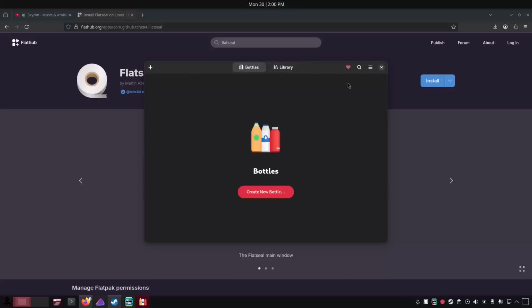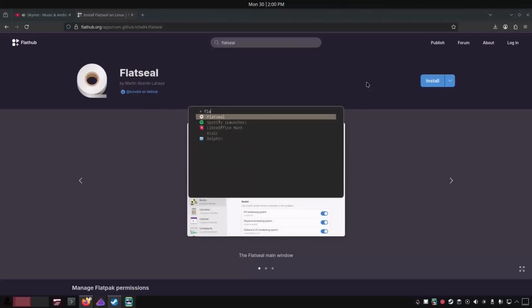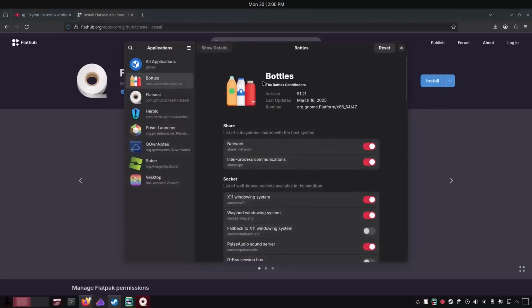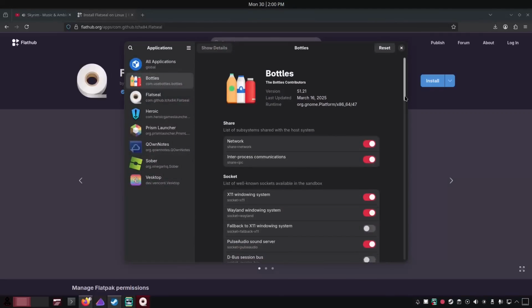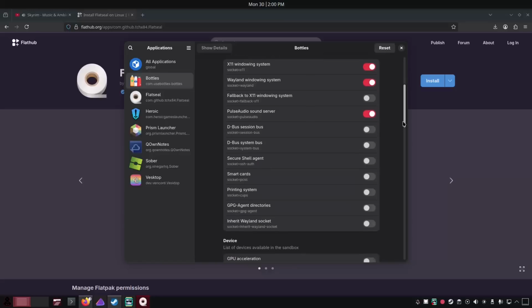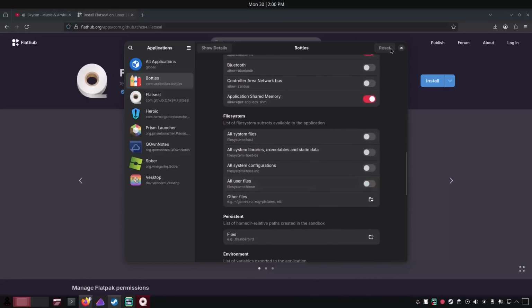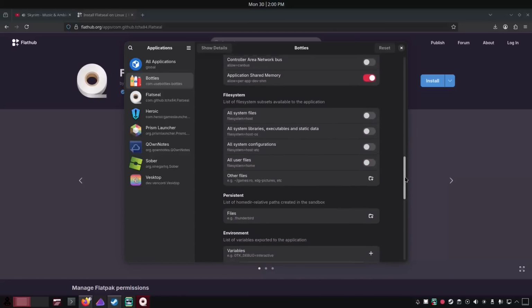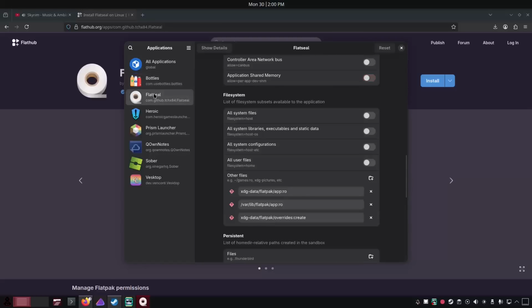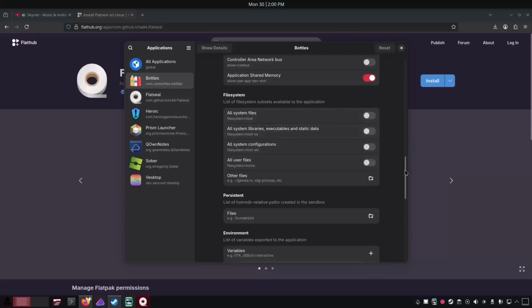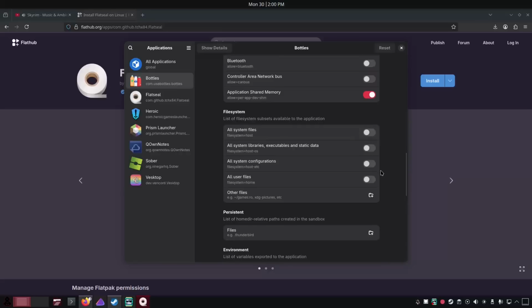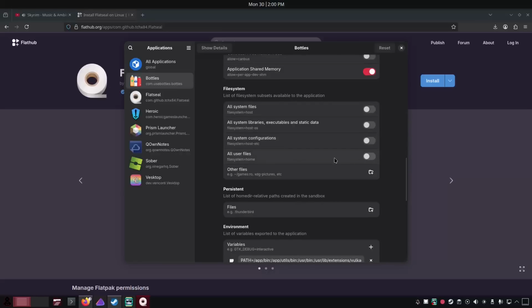Now, what you want to do first is open up Flatseal. I should have done this before, but I keep messing up. Sorry, guys. I'm getting too hard on myself. You open Flatseal, and I just want to reset it. By default, it's gonna be like this. You want to click Bottles, and then scroll down to the file system section, and you want to give Bottles access to your user